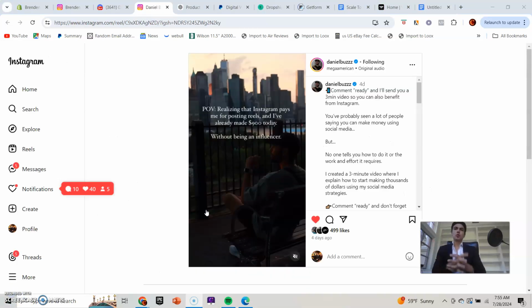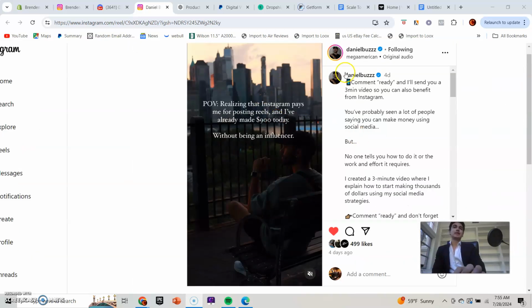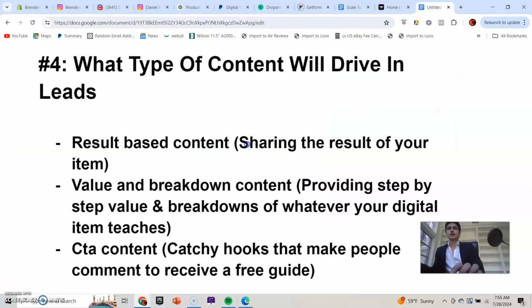So this is for the result post, but in the money niche, and it's a result post because it's sharing a result. As you can see, he's talking about the result he's made from this digital item. So we call that a result post because, again, he's just sharing a simple result. So if your item was on getting shredded, it would just talk about how much weight you lost or a photo of a result, okay?